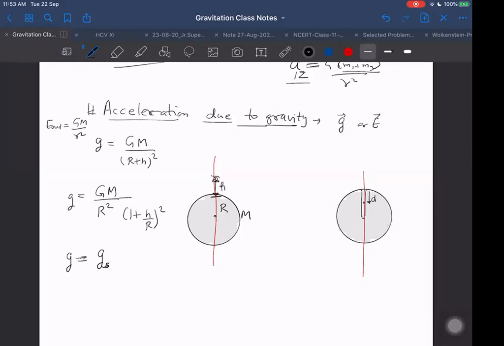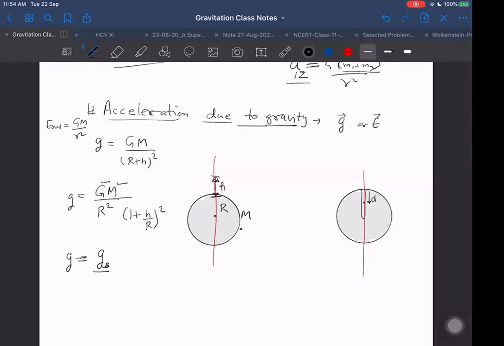G at the surface, we know. We don't know what the acceleration due to gravity is in other places. At a height of 100 kilometers, I don't know. But I know at the surface it is nearly 9.8. I don't know the mass of Earth. And some of you may not remember the G value either. You may remember or you may not. But the mass of Earth, nobody remembers. In fact, I don't remember, at least.